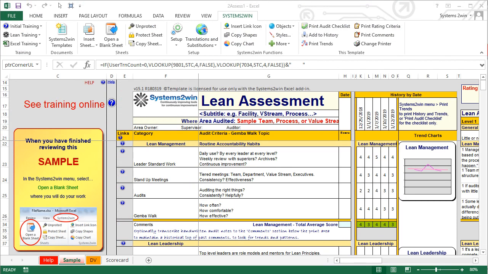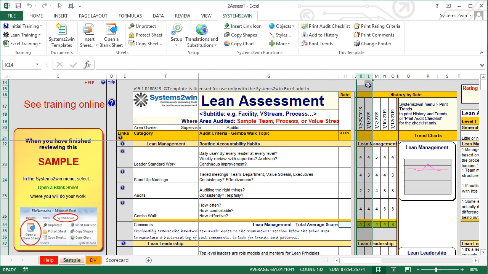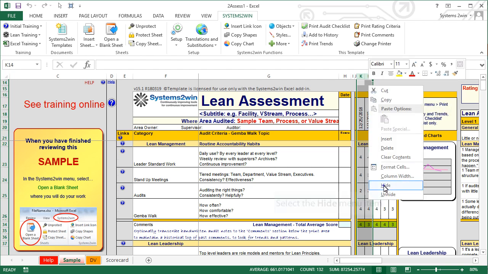Now here's a useful tip. Once you've been using this for a long time, you might accumulate a lot of columns of data. Let's pretend for a second that instead of 5 columns of data, we had 35 columns of data, and we're starting to run out of room when we go to print things. So how do we make that a little more readable? Now your first inclination might be to select the columns that you want to hide and then right click and hide those columns. But watch what happens to the charts when I do that.